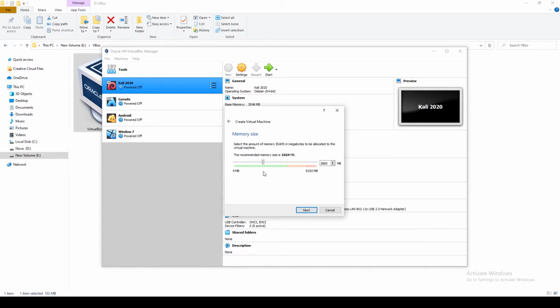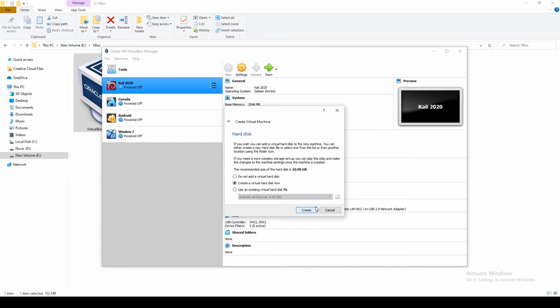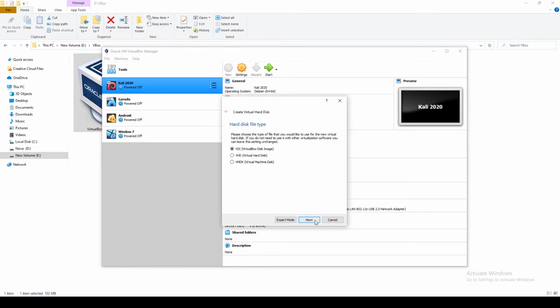I'm going to allocate 4 GB from my 8 GB RAM. Leave as it is. Click on next. Click on next. You can here customize the hardware size of the OS, but I'm going to keep this as it is.